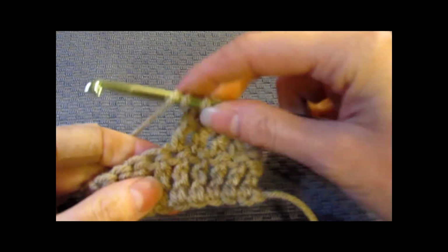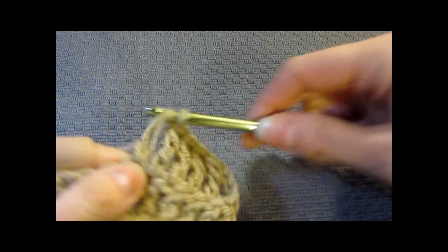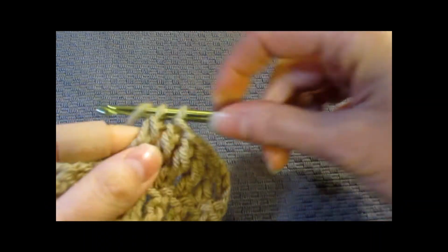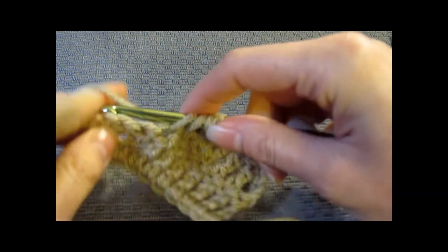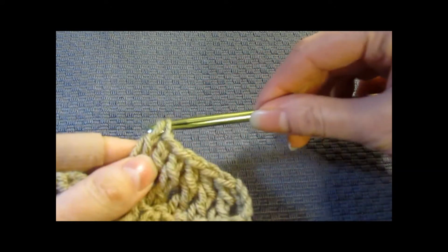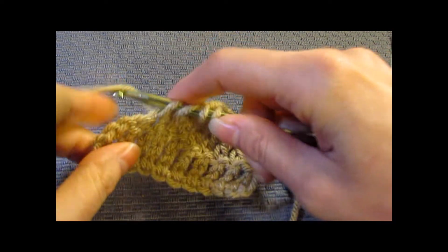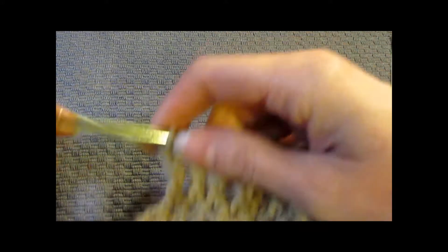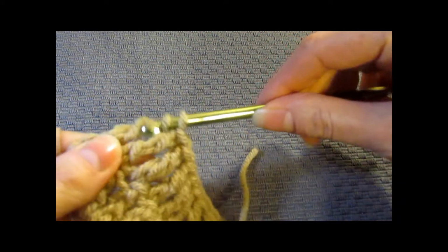As you can see, this stitch takes a little bit more time because of the extra yarn overs, and you know, the stitch is taller, but you can still do it pretty quickly once you get going. And again, that takes time, and you might notice your stitches are maybe not as uniform as you would like. They might be taller, shorter, tighter, looser, and that's quite normal when you're starting out. Again, your tension will come, the evenness of your tension will come